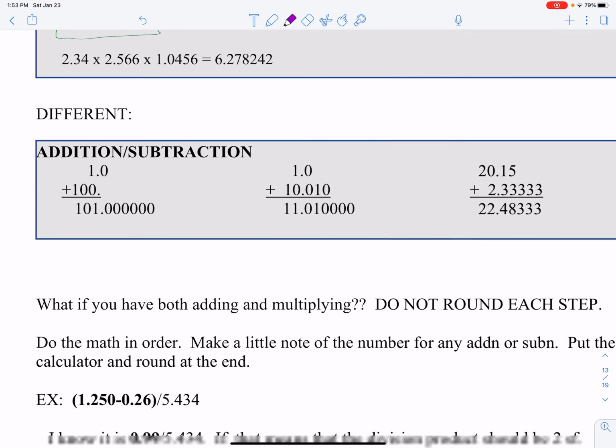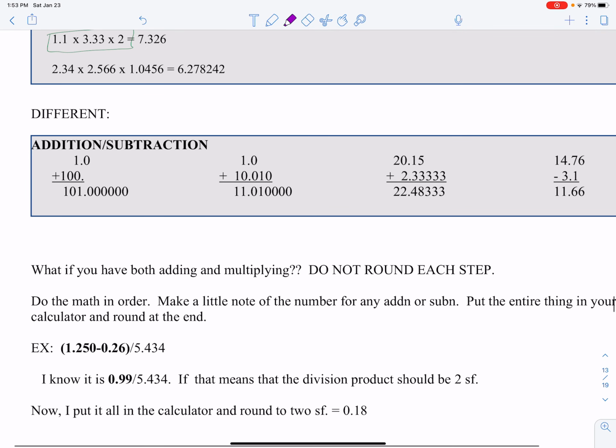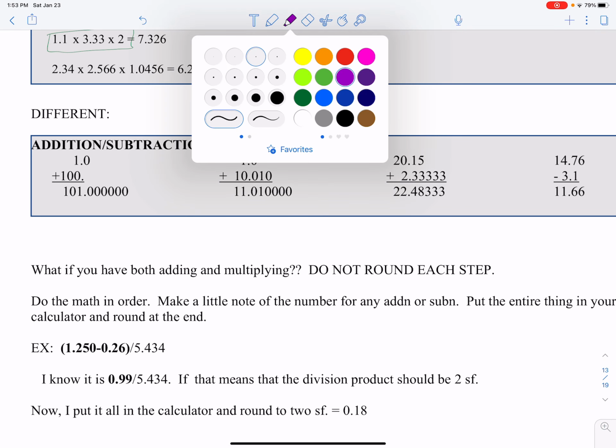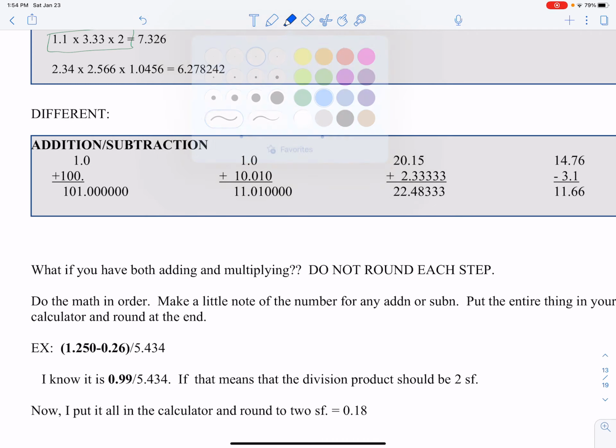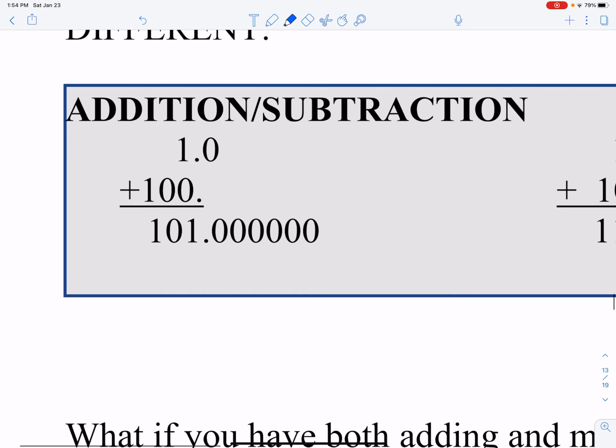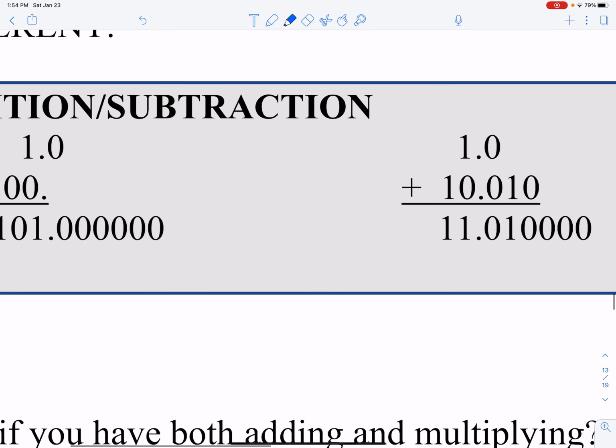And at this point, if you have to go take a quick break or a quick thought, you want to draw a line in your head about what we are about to talk about because it's not at all the same as multiplication and division. Honestly, you do a lot more multiplication and division in chemistry than you do addition and subtraction, but we do addition and subtraction also. So we're going to look at the first one. In addition and subtraction, its rule is that you round the answer